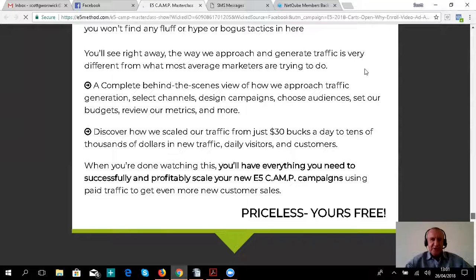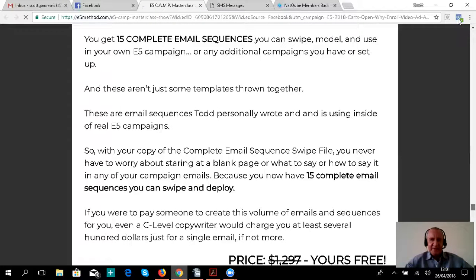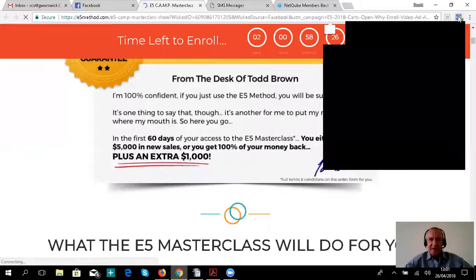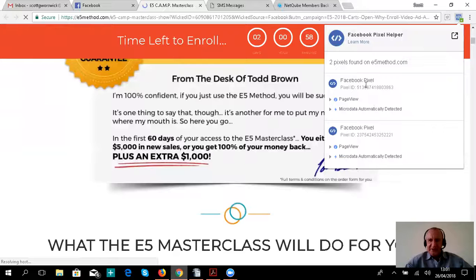So normally you would come through to a capture page first before a sales page, and you would fill in your email details, and then obviously it would take you onto the sales page, which is what this is. But if you look up here in the top right, this is the Facebook Pixel Helper, and it's normally grey. It turns blue if somebody's actually activated it, and I'll show you how to do this later. But here you can see there's 2 pixels found. So basically what this means is that when I put my details into his capture page,